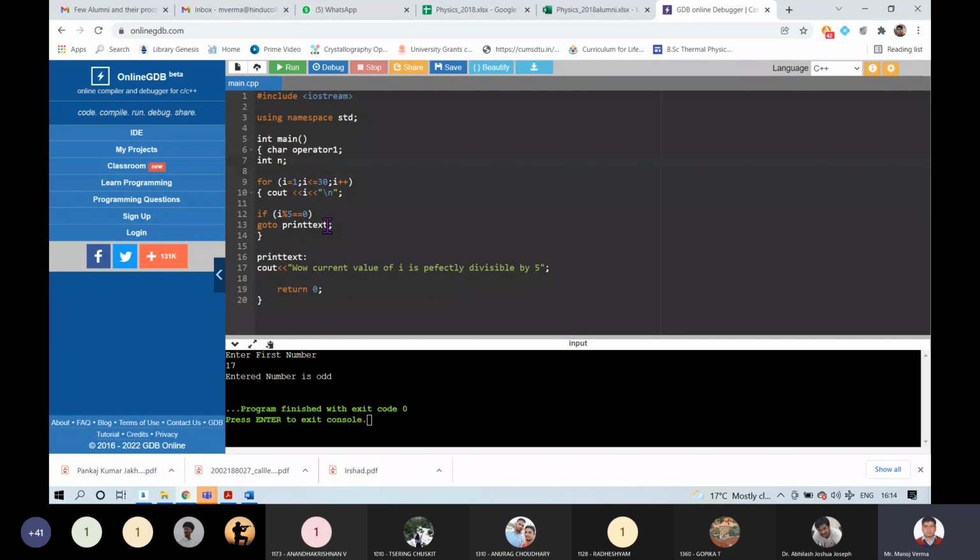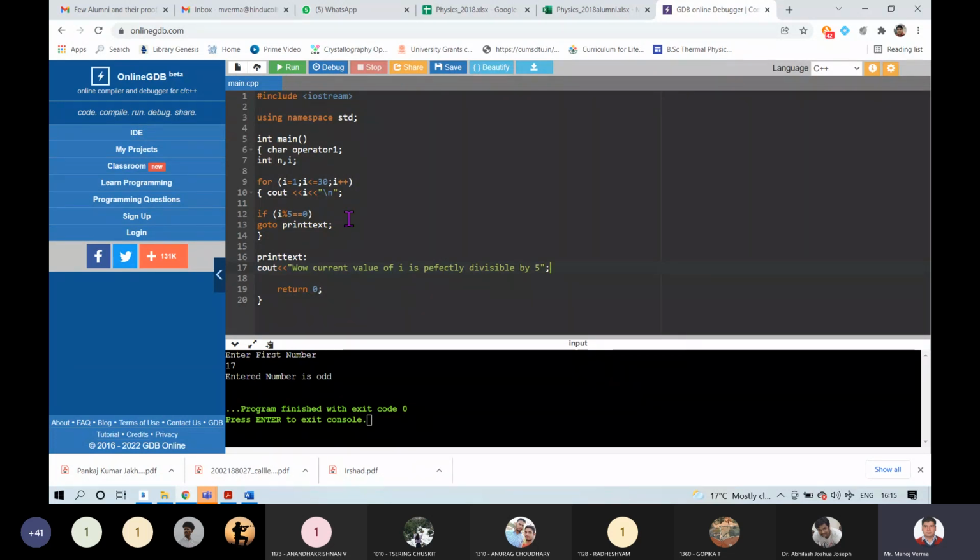I have to declare this variable I. So what I am doing is, I am taking a variable I and moving it from 1 to 30, and I am taking output of I in each iteration.